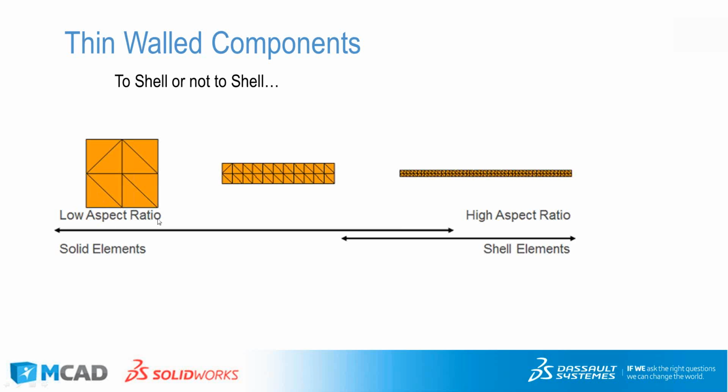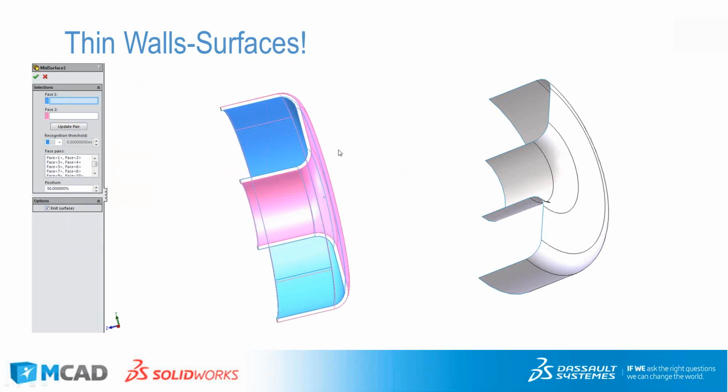But you can see as the aspect ratio begins to narrow and become high, comparing our length to our thickness becomes an appreciable amount. So now we need to start looking at whether shells would be appropriate. And you can see there's this sort of gray area in between. And that's where it really becomes necessary to look at what the model is and see if a shell can help you out. One example here is I have a half of a pulley that I've taken and extracted a